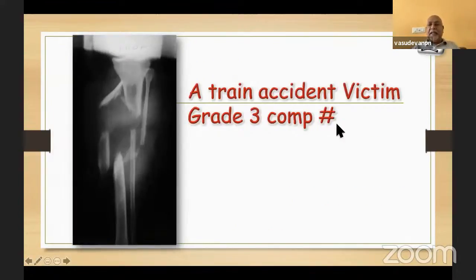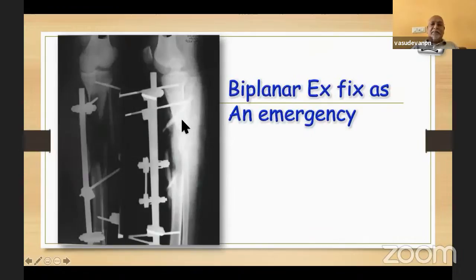Yeah, she was a train accident victim. This was her original X-ray, a grade 3 compound fracture with a lot of bone loss and soft tissue injury. So it was managed by biplanar external fixators. Any comments on this? You can see the pin lying there, one pin on the top, and there's one more rod here. So it's a biplanar external fixator as an emergency,